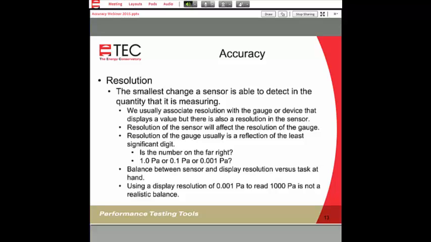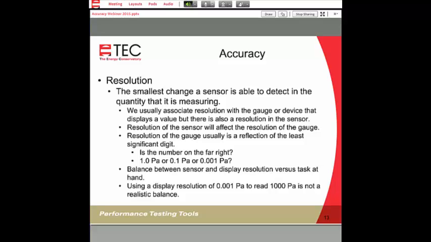And what we look for when we evaluate sensors is finding the most amount of resolution. We want to find really, really fine differentiation from one value to the next, because you always lose something. When you start putting the sensor together with all the other electronics, you start to lose something. So we want to find the best sensor that has the best resolution. And then we want to marry that with the gauge and the resolution of the gauge, meaning what's displayed. What's that value that shows up in front of you when you're trying to take a reading?